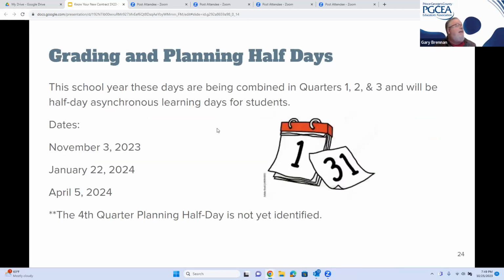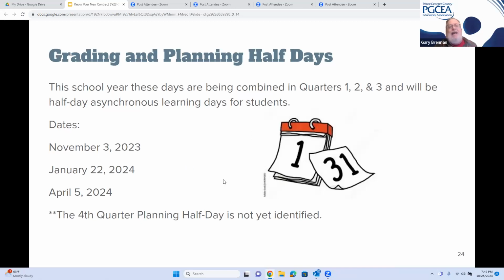So the days that have been identified for these work from home days, and they're considered a half day and an asynchronous day for students, are November 3rd. So that's coming up. January 22nd and April 5th. Because there is no half-day grading day fourth quarter, that only happens quarters 1, 2, and 3,